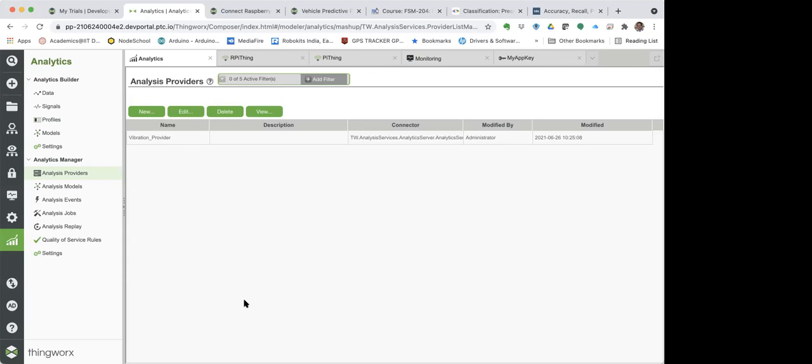So it's not necessarily that you will be using analytics as such. You can also make use of some Excel formula, or maybe there's an option of a MathCAD kind of connector possible over here. So in this analytics provider, what I can do, I will just go to the new.